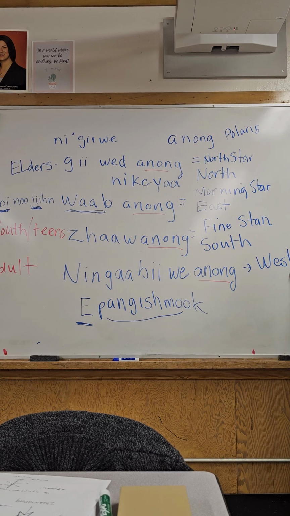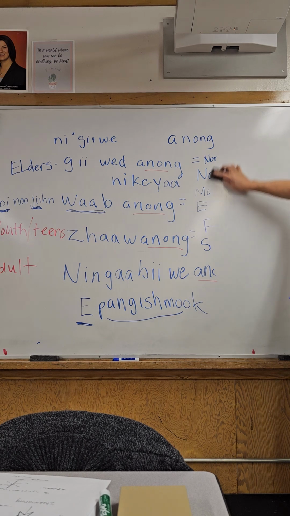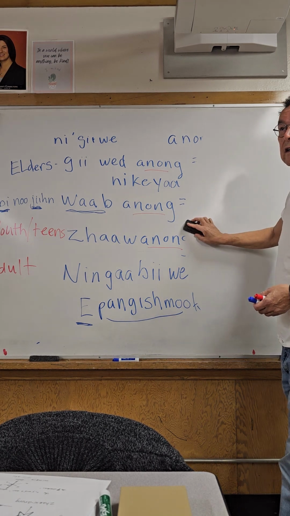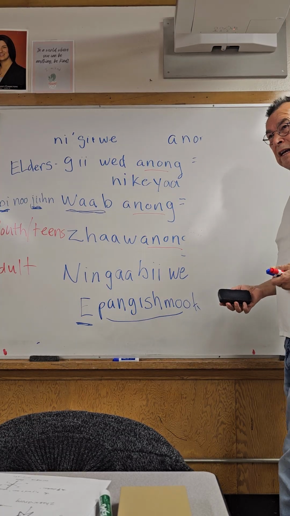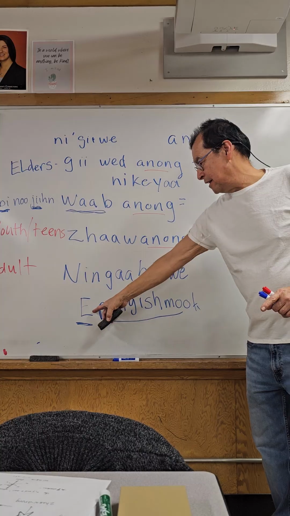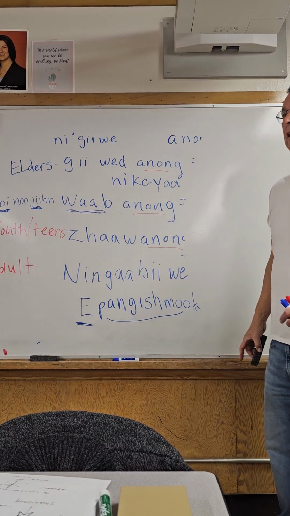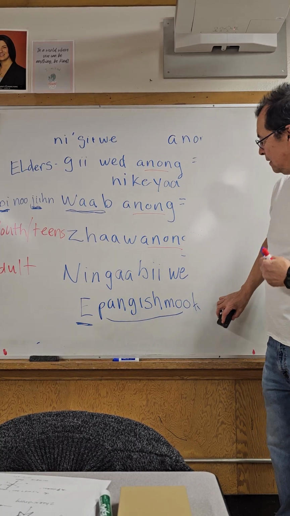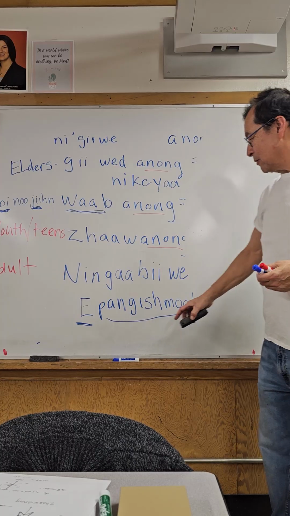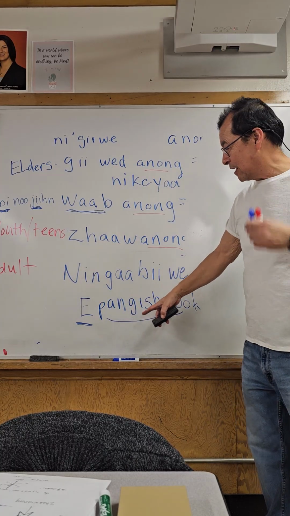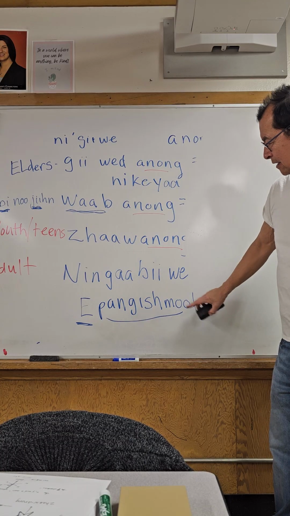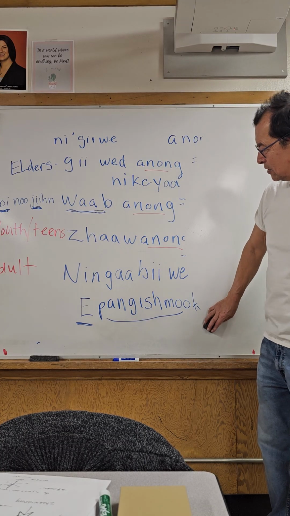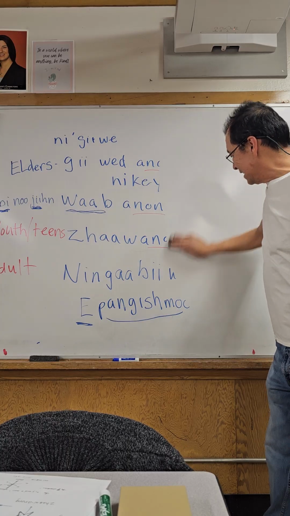Other stories. All right, how are we doing here? Cool. Can I just ask, is Epungishmuk all one word? Yeah, it's just one word. Epungishmuk, lying down or something. When you get really good at it, or when you hear it enough, you'll be able to pronounce all these words pretty easily.